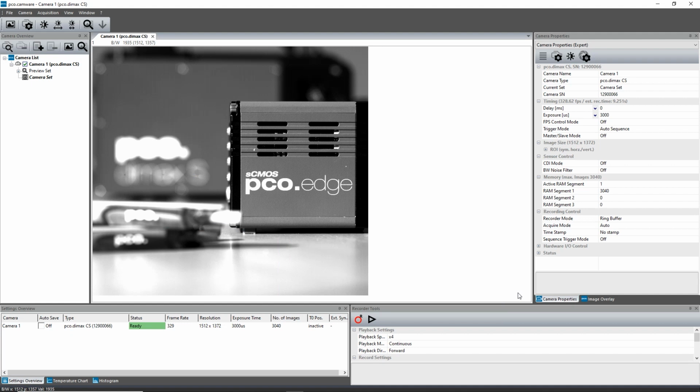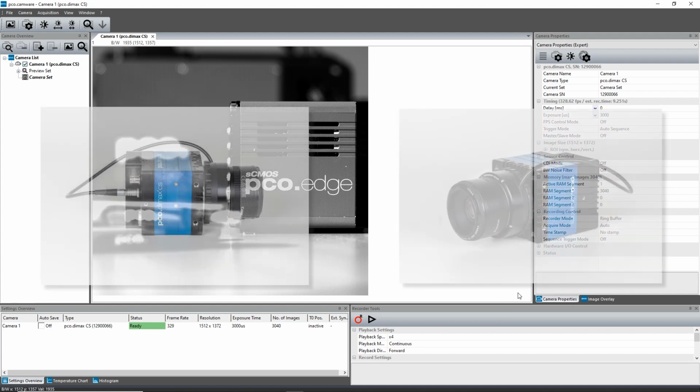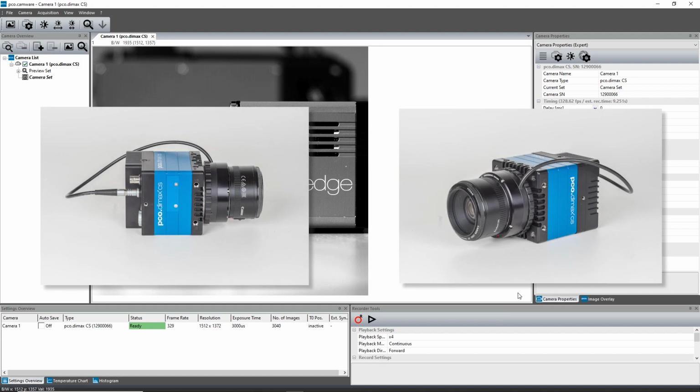With this tutorial, we'll explain how to control Canon EF lenses with our pco.camware. Some PCO cameras can be equipped with remote EF lens control. This lens adapter was developed by PCO for applications where the camera is far away from the PC or the operations staff. It allows to control the focus and the aperture of almost all lenses with the Canon EF lens